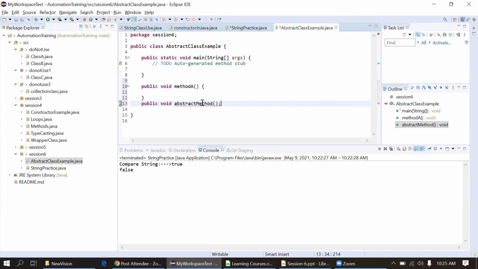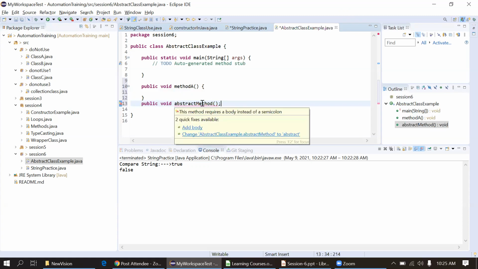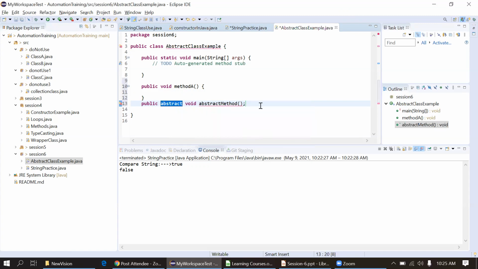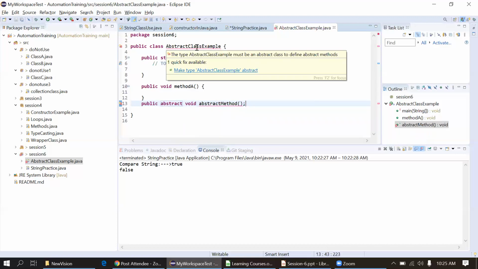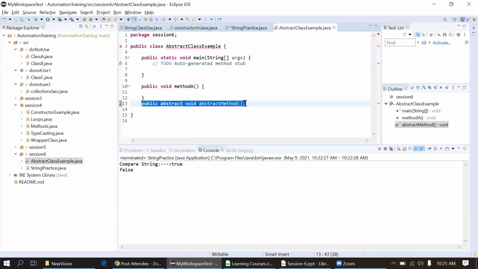Now you can see the error here. It is expecting me to add the body, or it is asking me to change the method type to abstract. I will prefer the second option and save this. Then I'm getting another error, asking me to change the class to abstract because I now have one abstract method in this class.